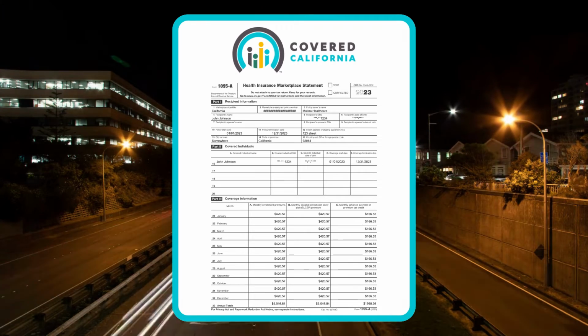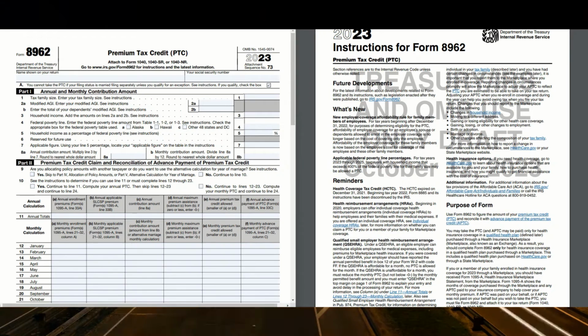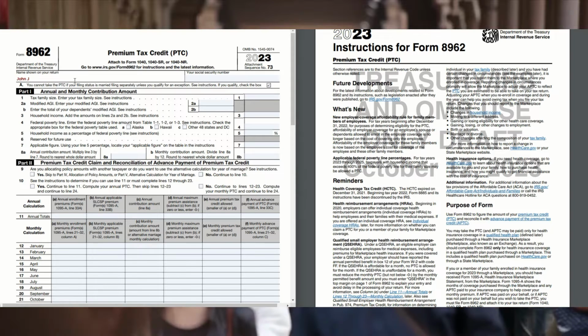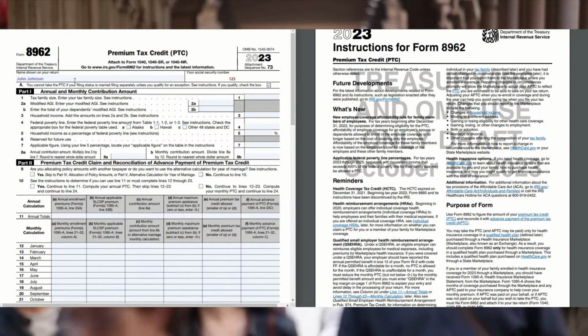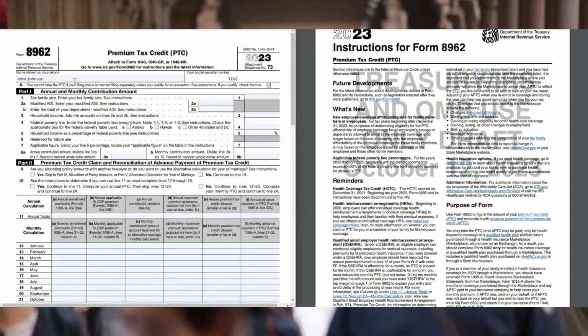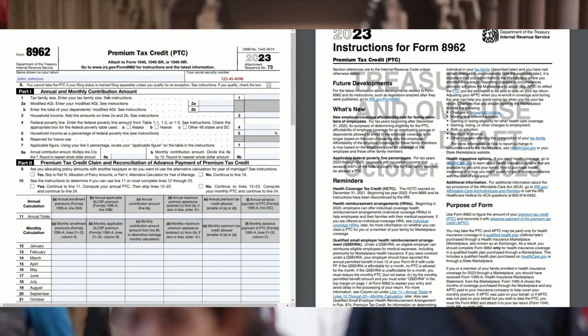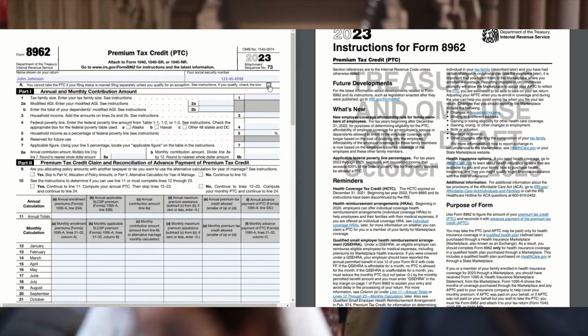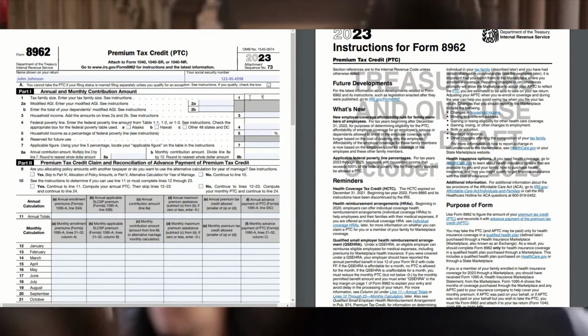So we will start with the 8962 with a fictitious name for a fictitious person who is not real, John Johnson, if you can't guess, as well as a fake social security number. And for A, it indicates that if you are filing married separately, that you cannot get PTC. But since John is filing single this year, that is not going to be a problem. So in part 1, line 1, it asks for the family size, and we will put 1 because it is